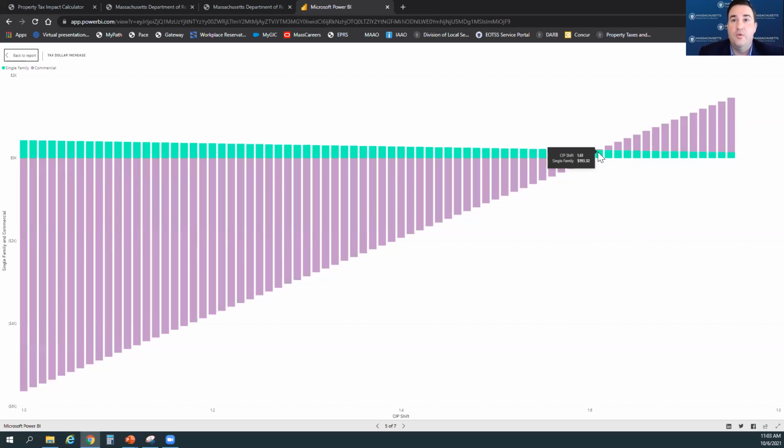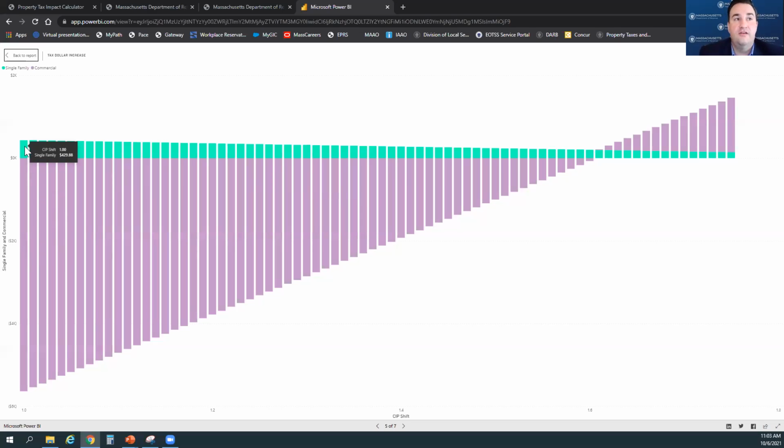So the break-even point, or where they would usually go, started at 1.6, 1.61. Anything less than that, there was a decrease in the average tax bill for commercial. And that's just based on the parcel makeup of this community. So as you go down, the first decrease is at $71 for the average commercial, all the way up to, if they went with a no shift on the tax rate, it would be a $5,634 decrease for selecting an equalized or a factor of 1,